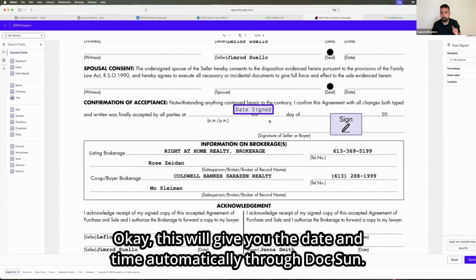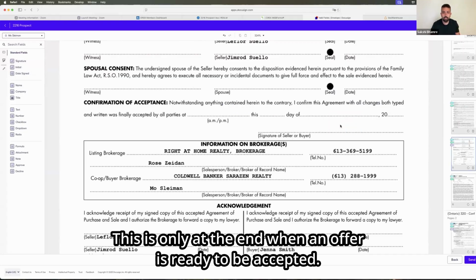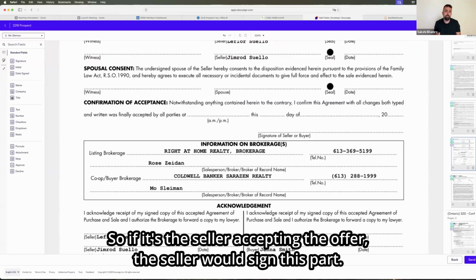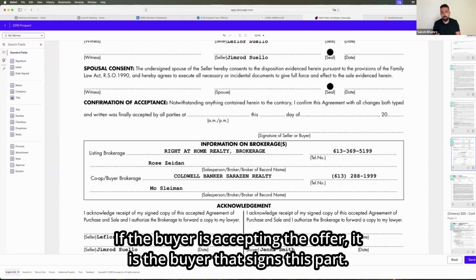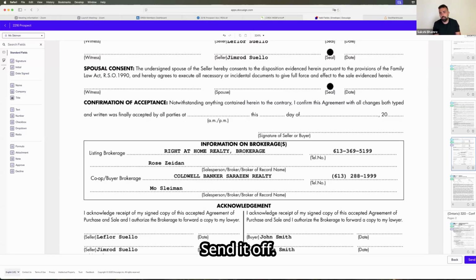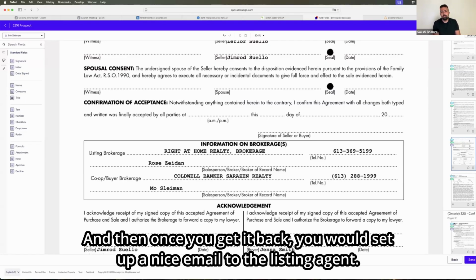Okay, this will give you the date and time automatically through DocuSign. This is only at the end when an offer is ready to be accepted. So if it's the seller accepting the offer, the seller would sign this part. If the buyer is accepting the offer, it is the buyer that signs this part. Send it off, and then once you get it back, you would set up a nice email to